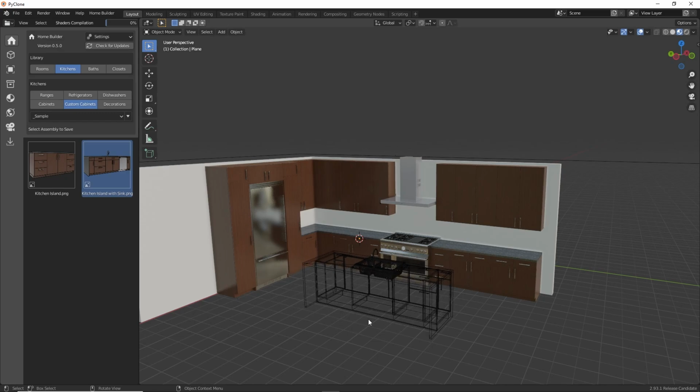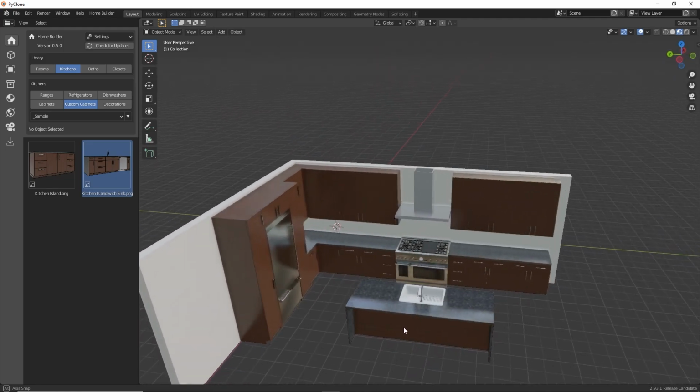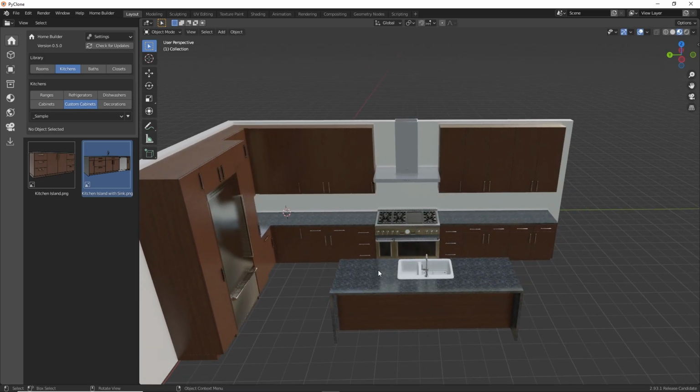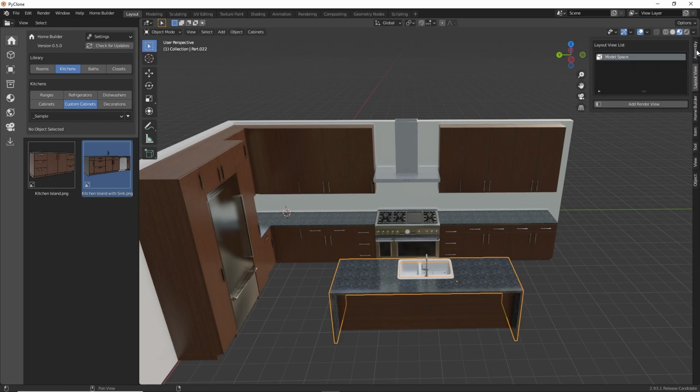And so we'll just go and flip it around here and then place it right about there. And right now I kind of want this to be centered, just to make it look a little bit nicer. And there's a few different ways to change the positioning of this. Here, if we go to the sidebar and access the assembly menu, every part of the Home Builder library is